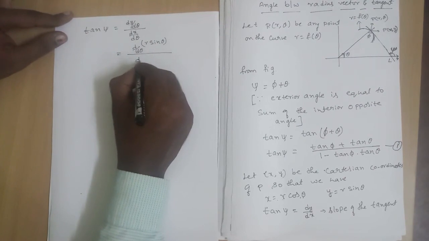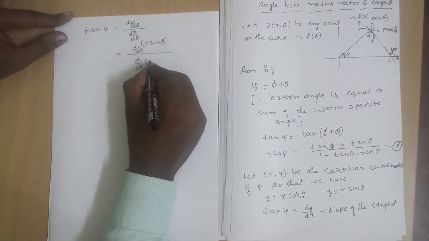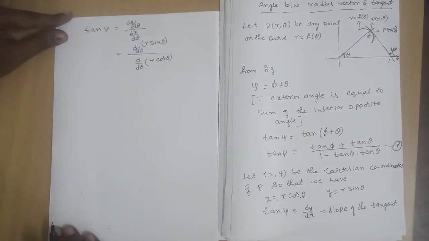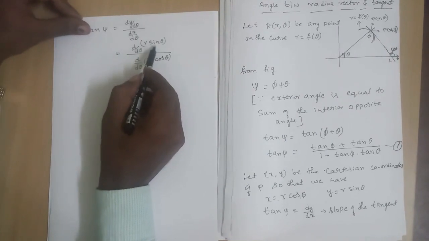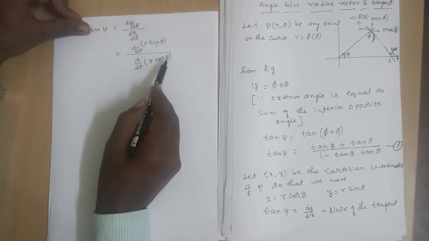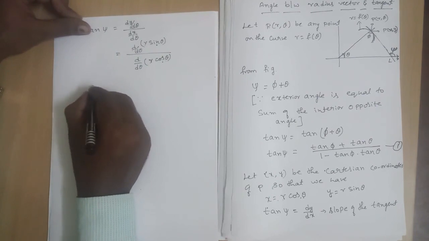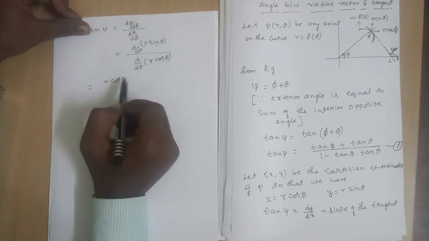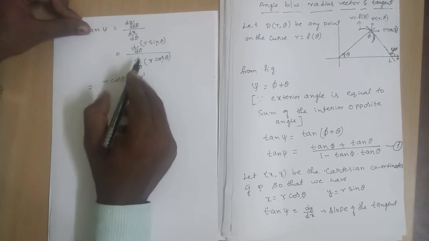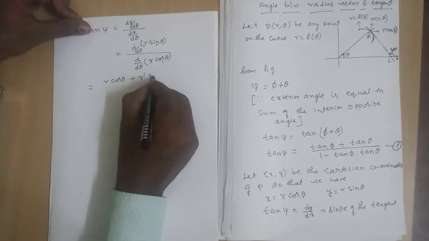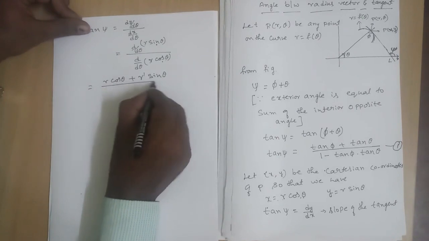divided by d by d theta of r into cos theta, because x is r into cos theta. Now differentiate with respect to theta. R is a function of theta also, so you have to apply the product rule. So we get r into cos theta, r into the differentiation of sin theta is cos theta, plus dr by d theta, which can be written as r dash, into sin theta, whole divided by,